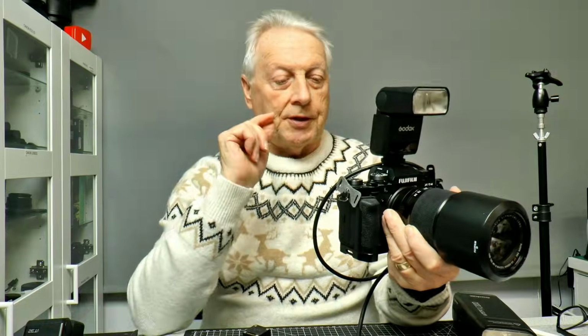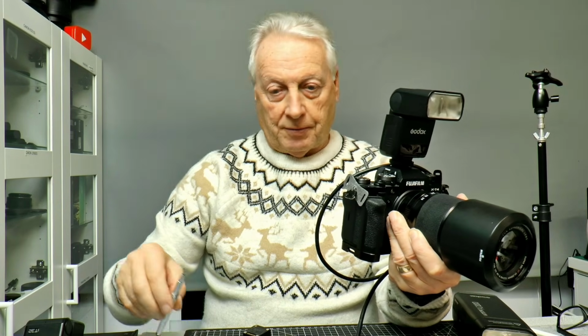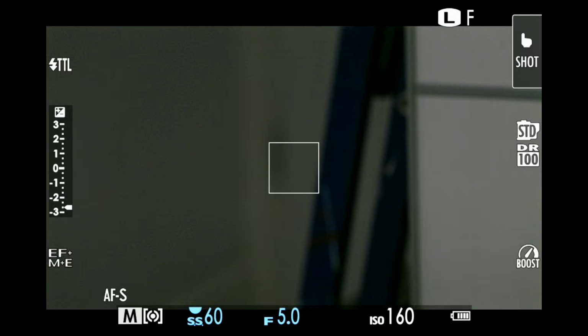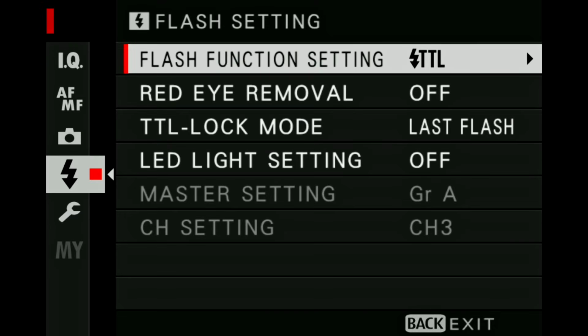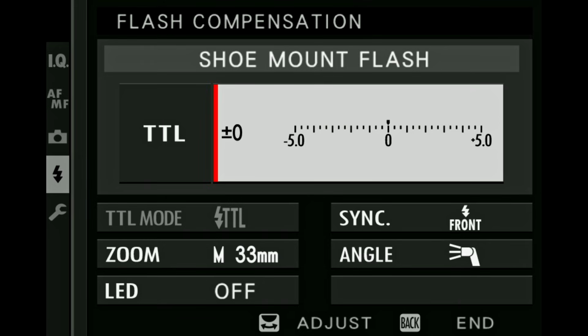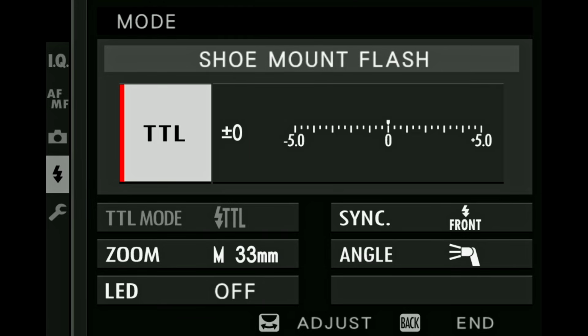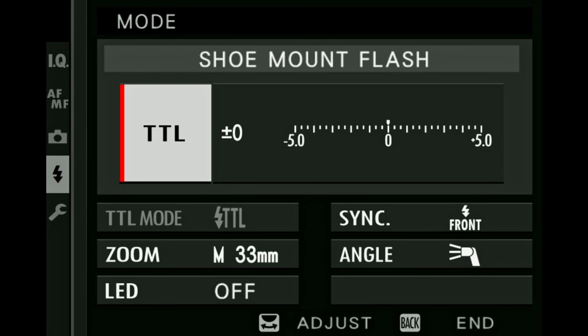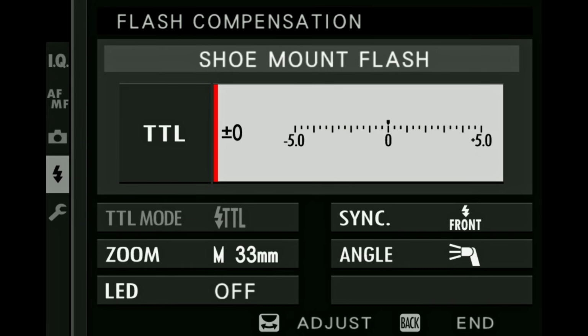So at the moment I've got the Fuji X-T4 and the Godox TT350 Fuji version, and you can see it works perfect on the camera. So let's just look at the interface. If we go into the menu, flash setting, I can select from TTL, manual, multi, off, back to TTL, and if I'm in TTL mode I can control the flash exposure compensation from the back of the camera,